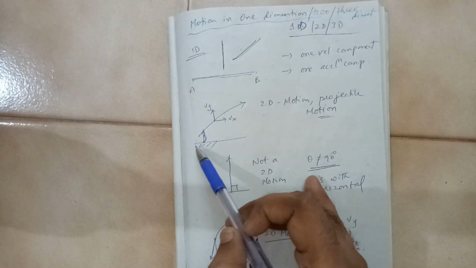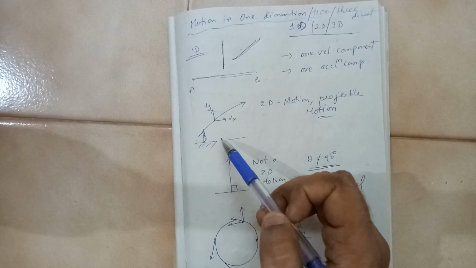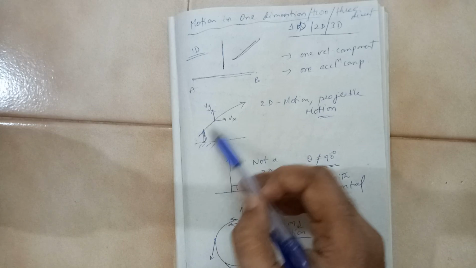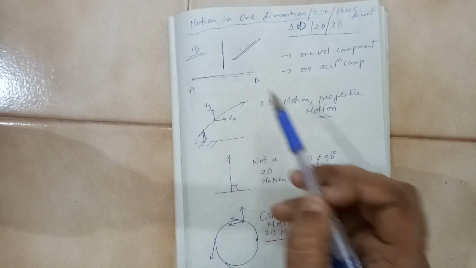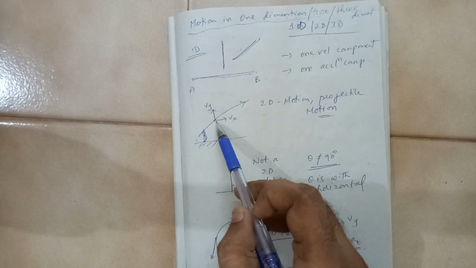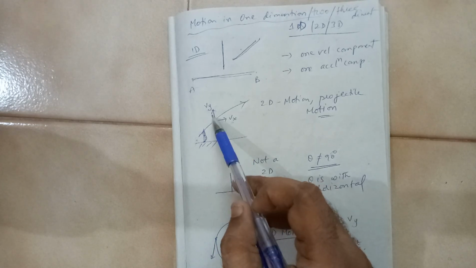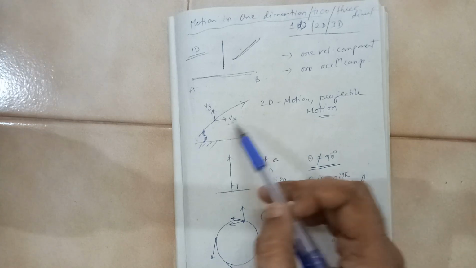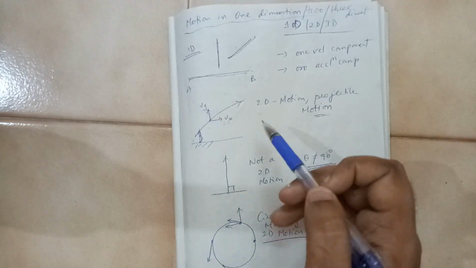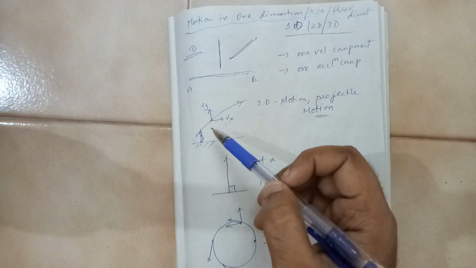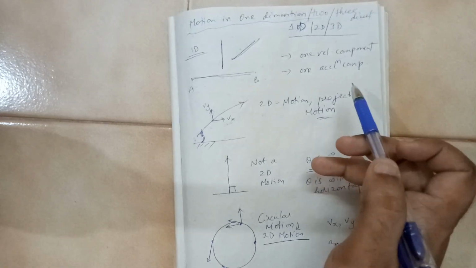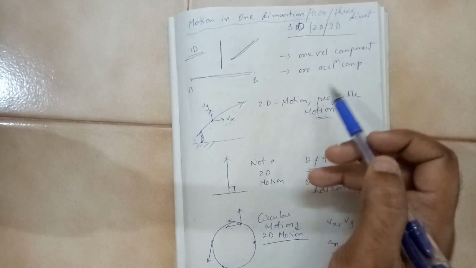Two-dimensional motion: like when you stand on the ground and you project a stone, you throw a stone. Obviously you throw a stone like this. This is a person throwing a stone. So at every instant of time, if you take a point, it will have two components of velocity and thereby two components of acceleration also. The example of this type of motion is called 2D motion. The example of a 2D motion would be a projectile motion, which we will study later.